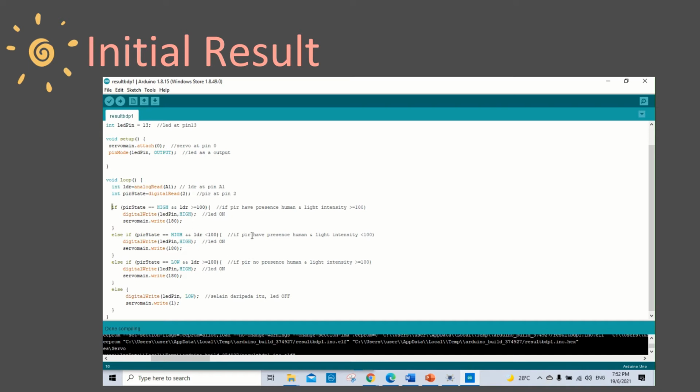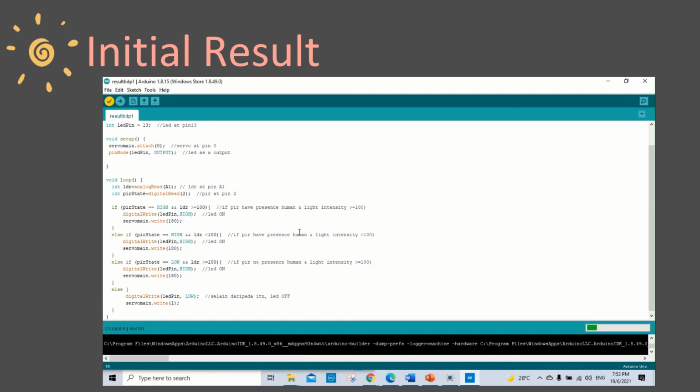After that, if the PIR sensor has present human and light intensity is lower than 100, the LED is also on. And then if the PIR has no present human and light intensity is more than 100, the LED is also on, and the else is off. And then we should verify the coding.